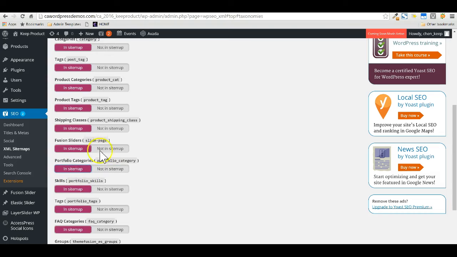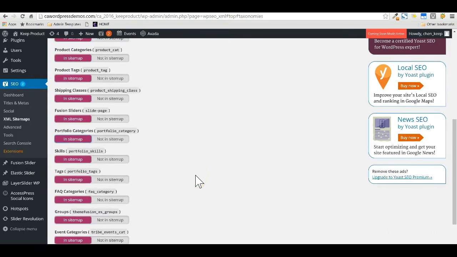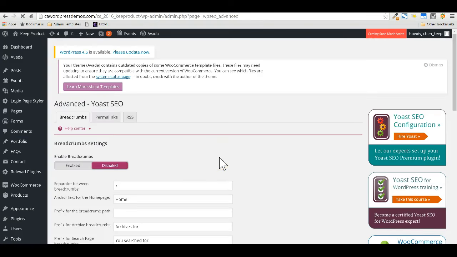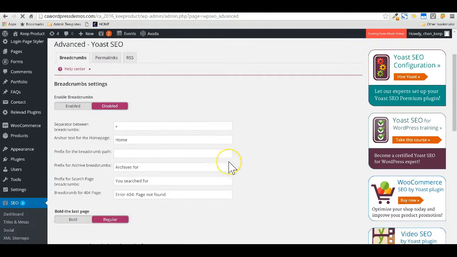So you just have to be sure what you want to tell the search engines with the sitemap, and the search engines will come to know with this particular option what they have to index and what they don't have to index. And there are some advanced options. These advanced options don't suit everyone, but in some cases they are really helpful.